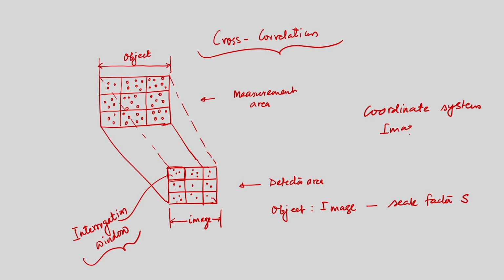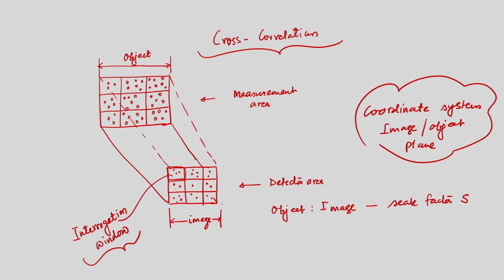And image, object plane. So, this is x, this is y. So, this is x, and i, j, k, l, m, n, where x, y is the object coordinate,